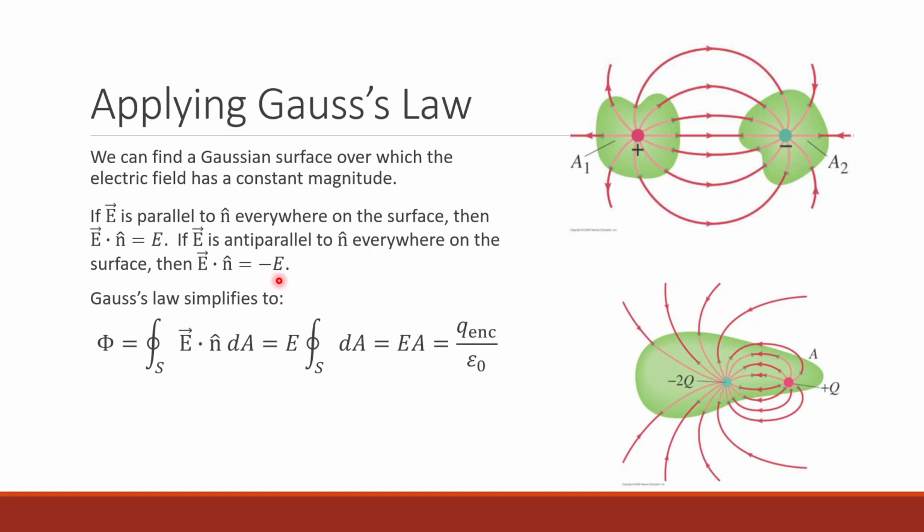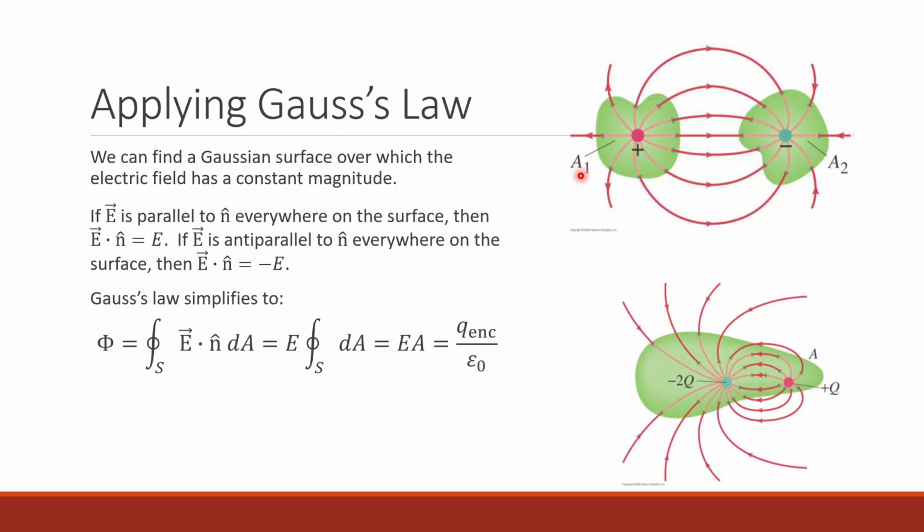So this is what I was talking about, where we had the spherical surface and E was in the radial direction, and so was n hat. n hat was also in the radial direction, r hat. So if we have these two in the same direction, then we have just the magnitude of E, okay? If they're complete opposite, so if they're anti-parallel, then we get a negative here, okay? So, like in this example here,